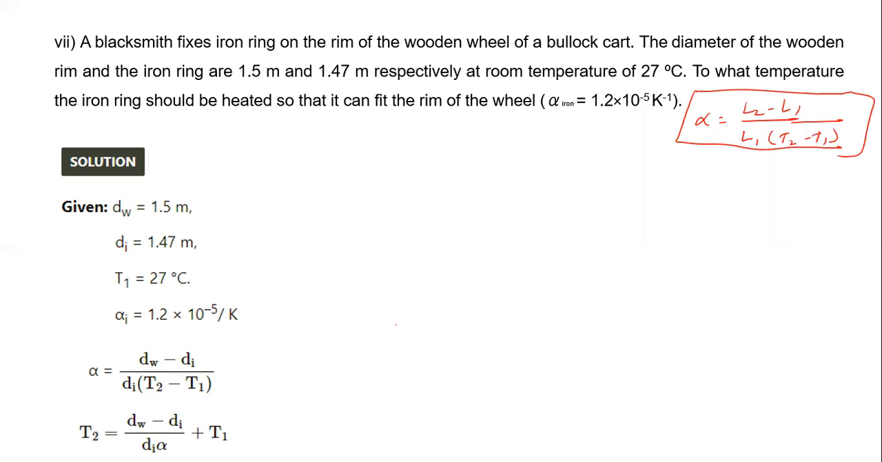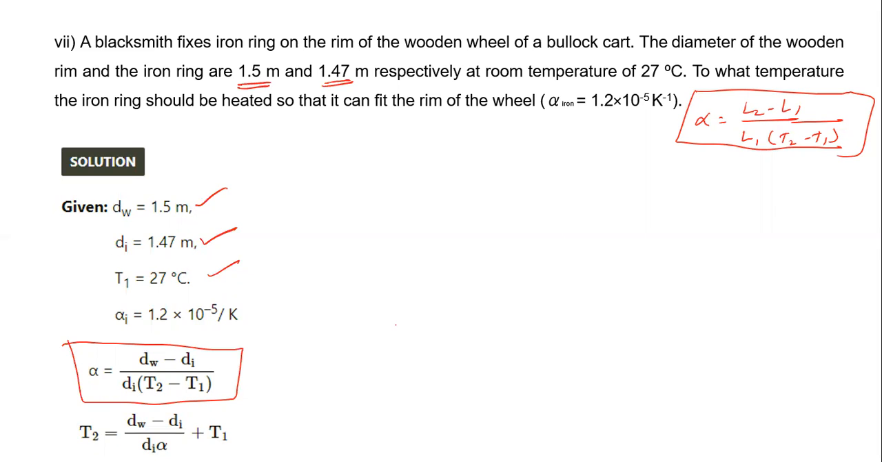Now we can write this formula in terms of diameter. Instead of in terms of length, we have written this formula in terms of diameter. So this is the diameter of this wooden ring, and this is the diameter of this iron ring. Temperature is as it is. Diameter is one type of length here, so we have taken the ratio of the diameters. So we can modify the formula. So alpha is equal to diameter of wooden minus diameter of iron, divided by diameter of iron, in a bracket